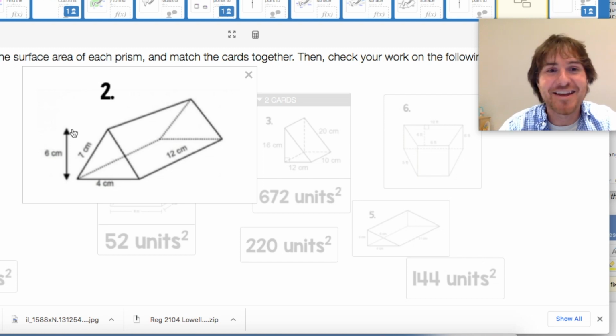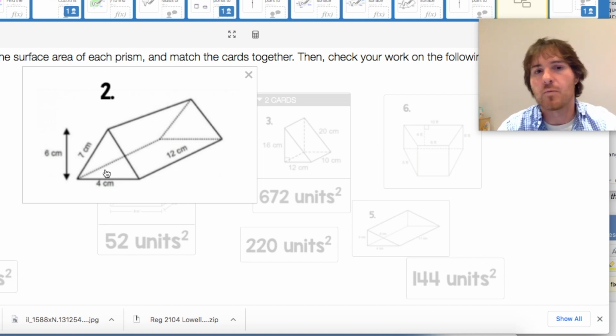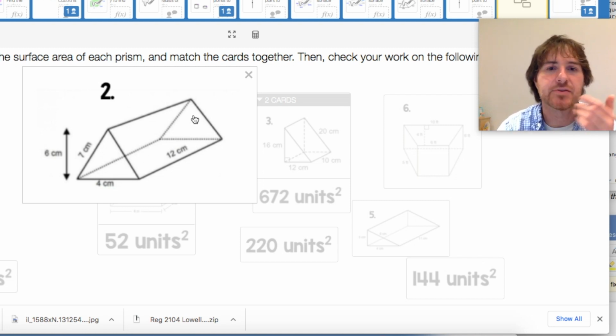So I'm going to do this one in my head. 6 times 4 is 24. Remember, that would be your total base area because I'm not dividing by 2. I have 2 congruent triangles there. 1/2 BH would be 12, but then 24, and do it twice. So why even do the 1/2 thing? So that's 24. Lateral faces, 12 times by,